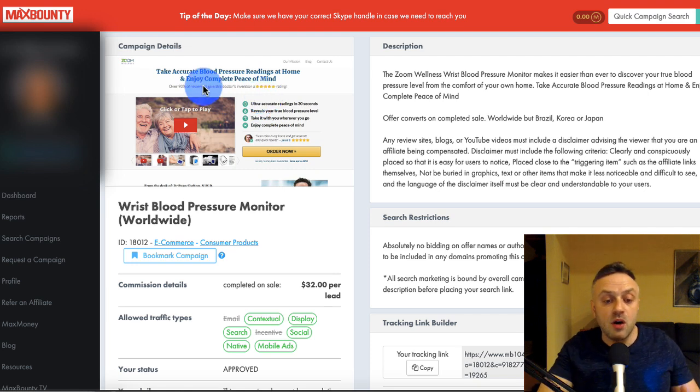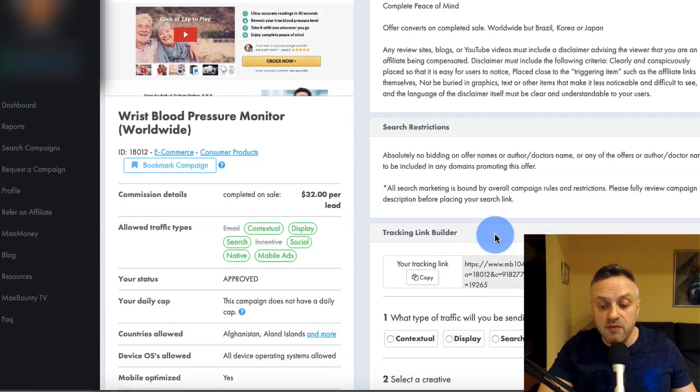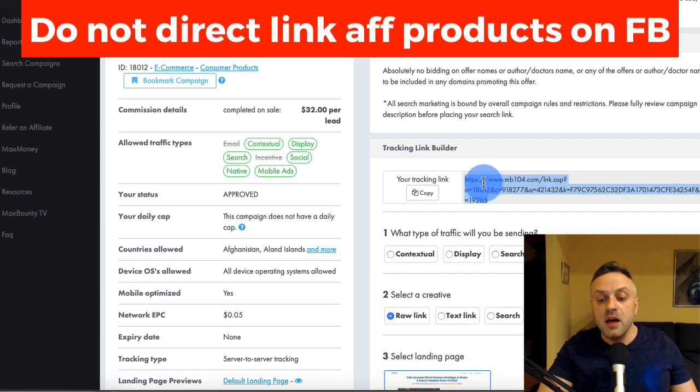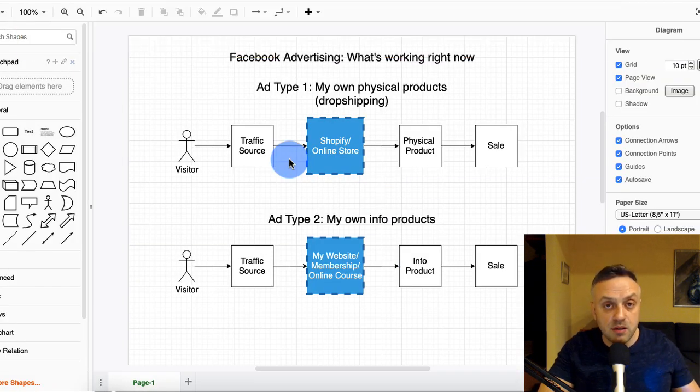You can create a website targeted to these older people, and then have links to these offers, as many as you want. Just don't go crazy, right? Do not overload your website with a lot of links. And so that is the way to do it. I do not recommend direct linking on Facebook. I just do not. Facebook knows what an affiliate offer is, and Facebook wants, like I was telling you before, your own products, right? Facebook is happy for you to promote your own products. So if you go out and create your own sunglasses brand, that's absolutely fine.